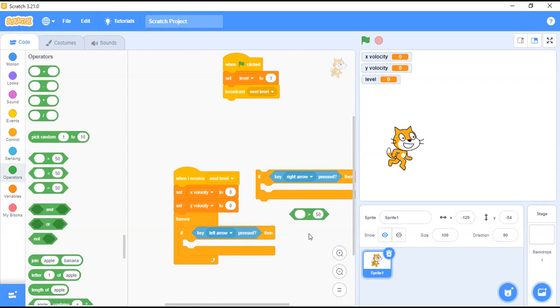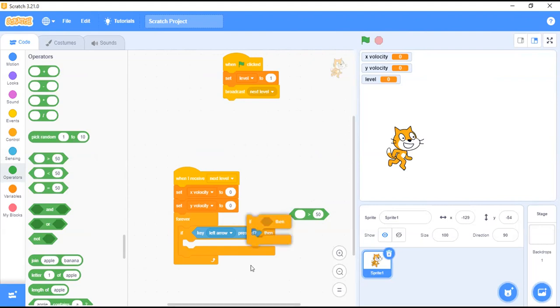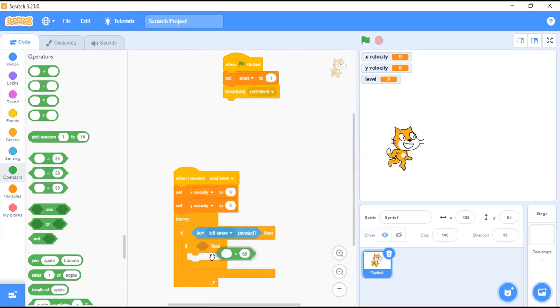Are you done? Yes, please. So where's the if then? I didn't ask you to bring out, I just asked you to bring out an if then block. Then snap the if then block inside that if then. Drag the if then block inside the first if then, inside the forever block. No, inside it, yes. Then put,